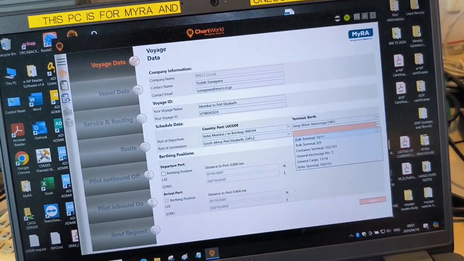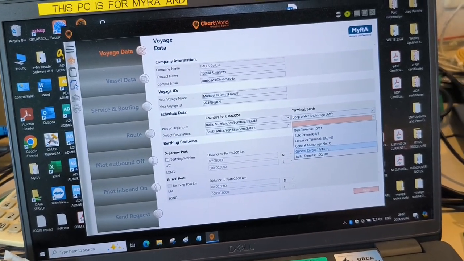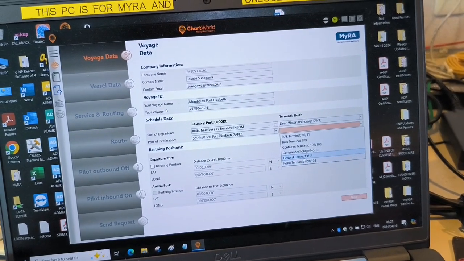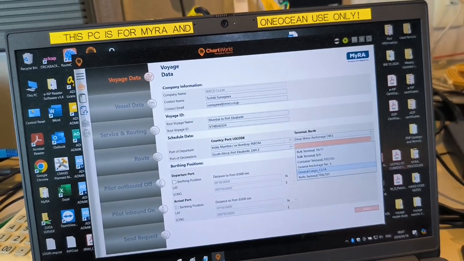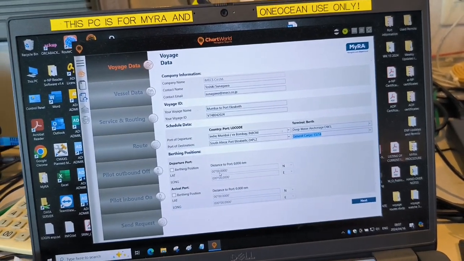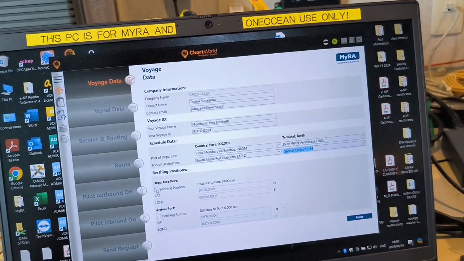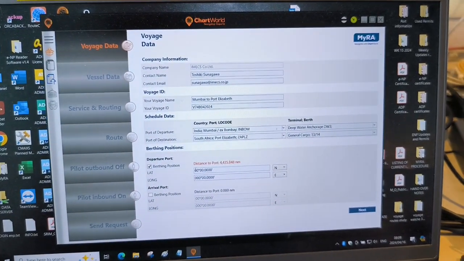Then bulk terminal, for example 8 to 9, 10 to 11 here, 10 to 14, and then